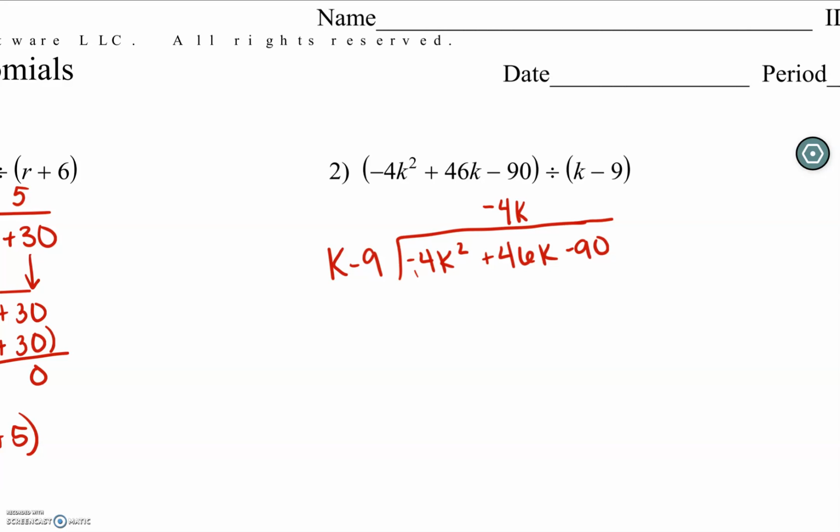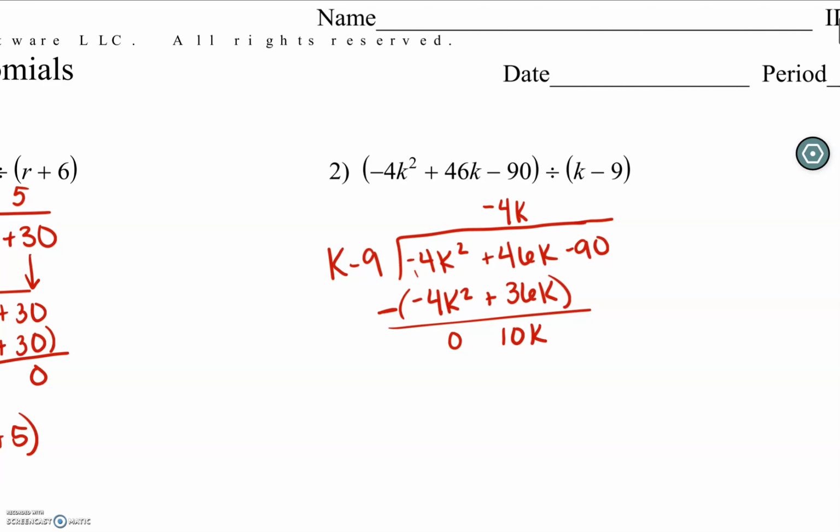So we're going to take negative 4k times k, which would be negative 4k squared. Negative 4k times negative 9 would be a positive 36k. So now we're subtracting that whole line, remember. Negative 4k squared minus a negative 4k squared would be 0. 46k minus 36k would be a positive